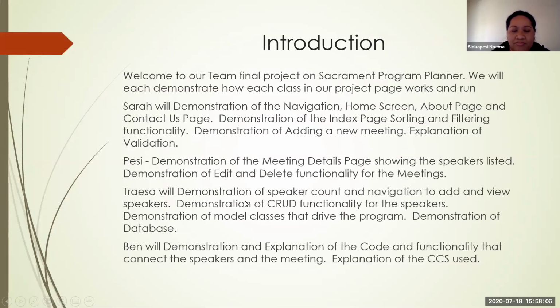Each of us will demonstrate each part of the pages of the program that we created. Sarah will demonstrate the navigation, home screen, about page, and contact us page. She will also demonstrate the index page, sorting and filtering functionality, and adding a new meeting,